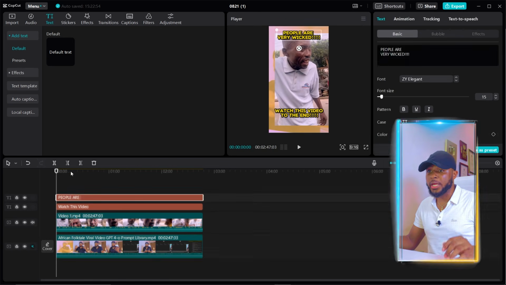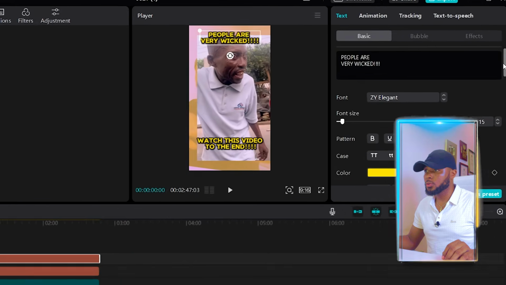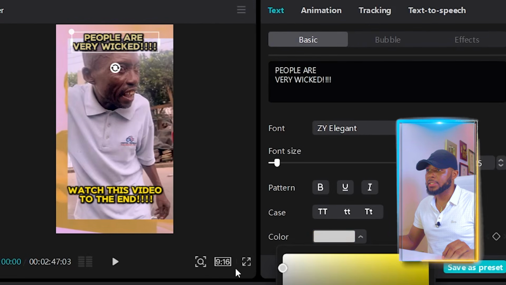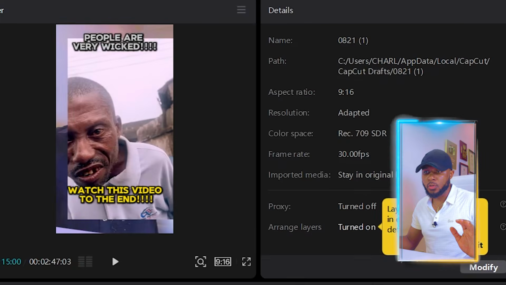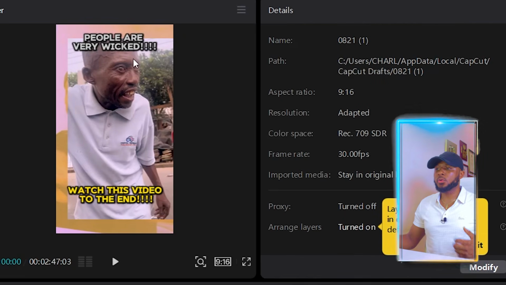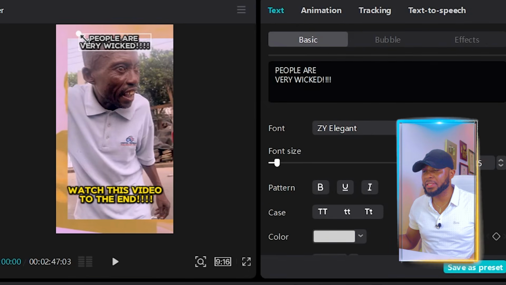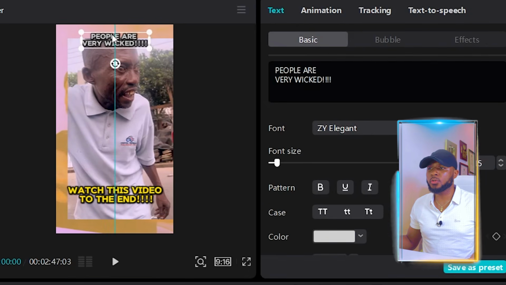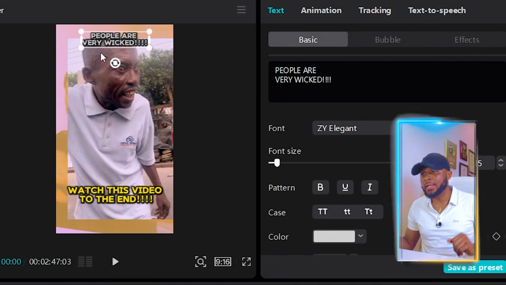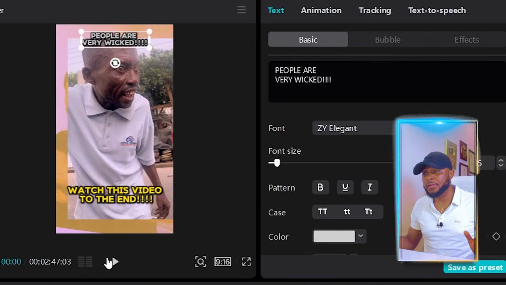You can choose to change the write-up color. To do that, all we have to do is come here and select the color that we want. Let's leave it at white so that you can have a different look from the one under, right? So we can have something like this, or you can decide to minimize it just a little bit, so that it doesn't look too cluttered and look too funny, right? So now we have this, it's perfect as it is.